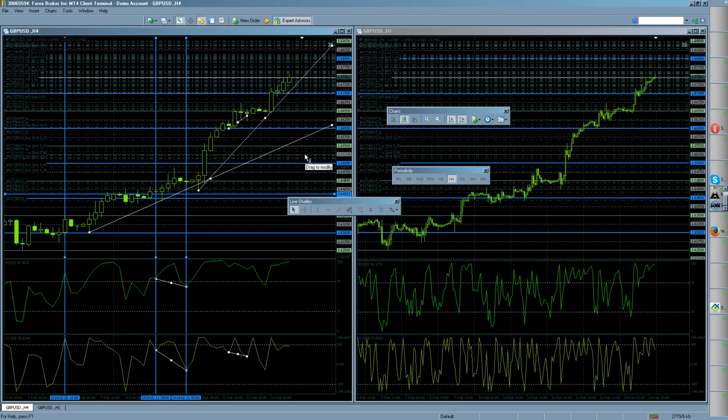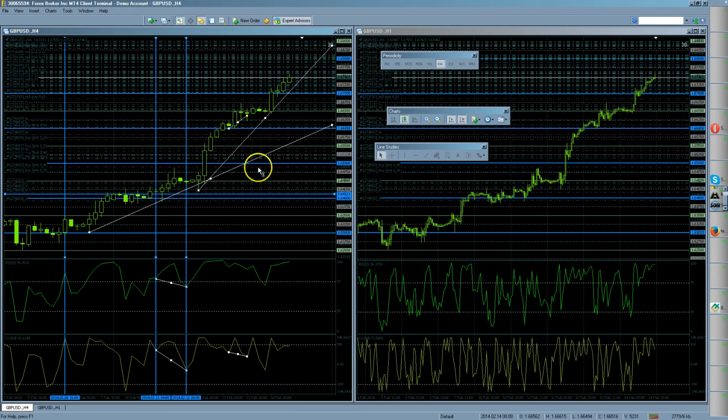But if you wanted to have a little bit more precision, this is Sunday night here, this is Friday. The next level of precision is to come over to the 1 hour and find this entry on the 1 hour, which is right here. I try to queue these up. They both start on February 4th. So